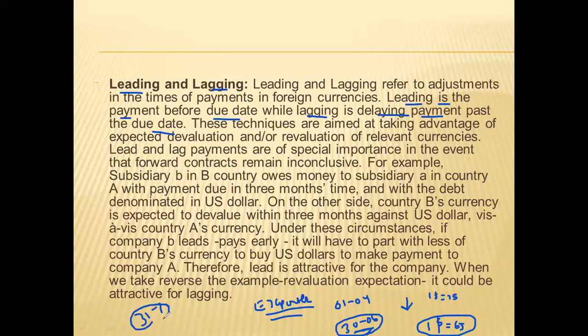So that is your estimation or market expectation. So you believe that by 30 June, the dollar rate may become 70. Okay. On 30 June, it is 65. But you expect that market conditions will improve and some other factors are favorable and the dollar's rate will increase. Okay. So you tell the opposite party, that is the importer in another country, don't pay me on 30 June, pay me by 31st July. That one more month you take.